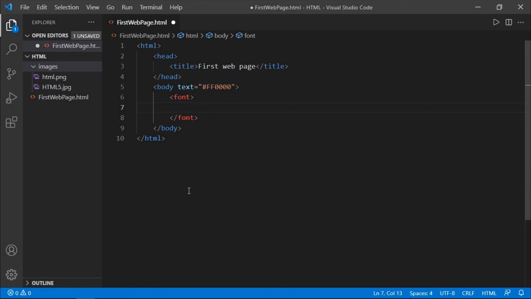Generally, the content you display on web pages is displayed in the color set by the body text attribute, which is red, and that color is taken for all the content present in the body. If you want to change the color of any text in the web page, you can use the font tag.